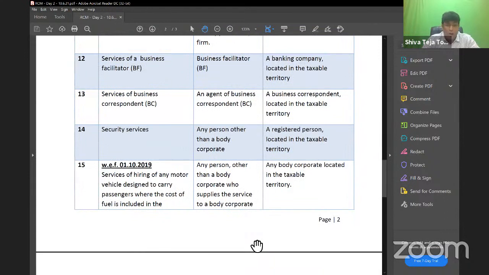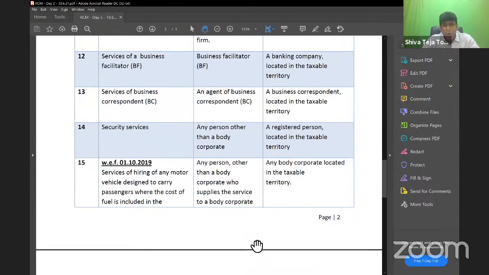We know that a lot of times practically, generally they don't put security guards as employees. They get from a third party agency. Reason being very clear that if any employee is absent for a day, that is okay. But if security guard is absent for a day, that's not at all okay. So when we get one security guard from a third party agency, that is also covered under RCM. Then